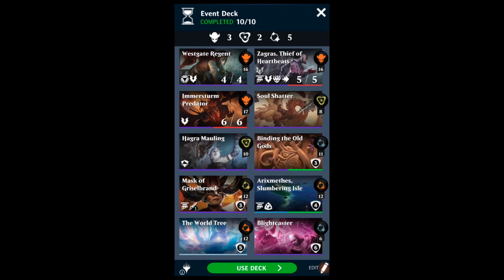I mean, all pretty standard vampires, lots of removal. A Rick Smithis, because I just got it, and it's an amazing card and great to pair with things like World Tree and Hagra Mauling's, what do you call it? It's land forming support. And then Blightcaster is amazing in this event because of the blood token shield